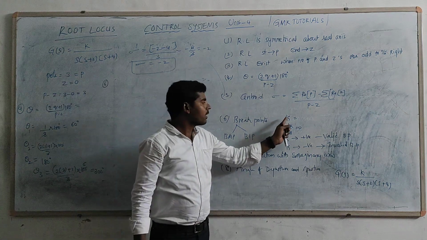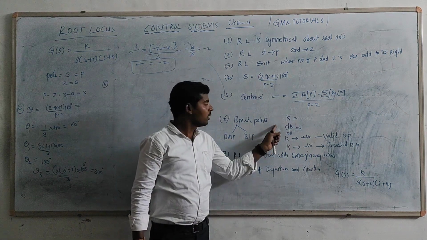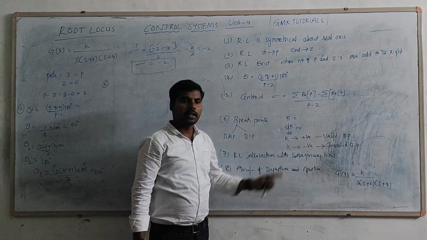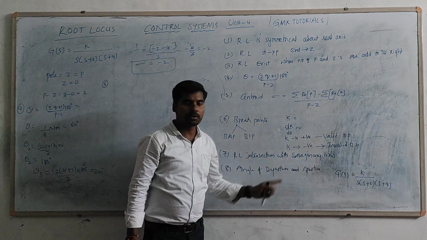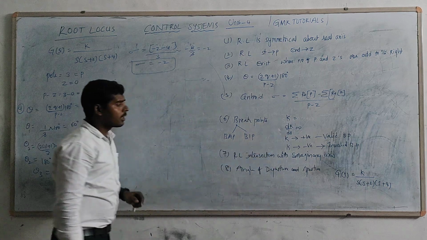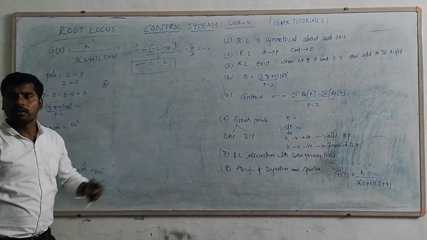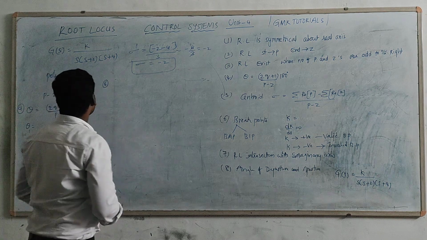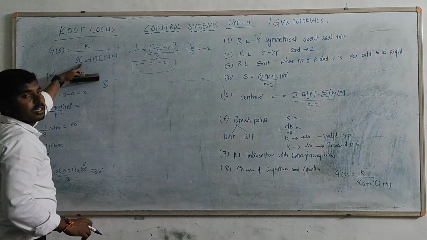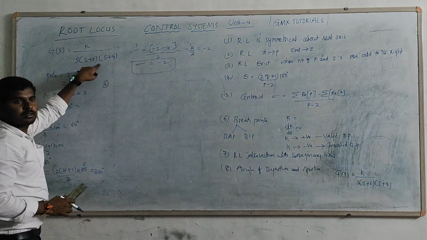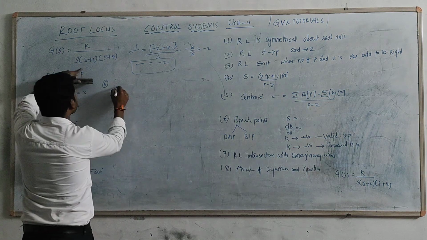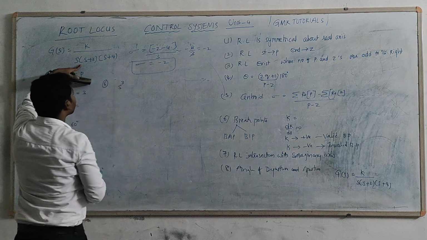So the complete equation can be represented in terms of k. dk by ds shall be equal to 0. Then follow the conventions. If k is positive, it is a valid breakaway point. If k is negative, we will treat it as an invalid breakaway. This is a generalized equation, right? So for simplicity, I will tell the secret of this one. So this complete equation is equal to what, this general s cube, no?